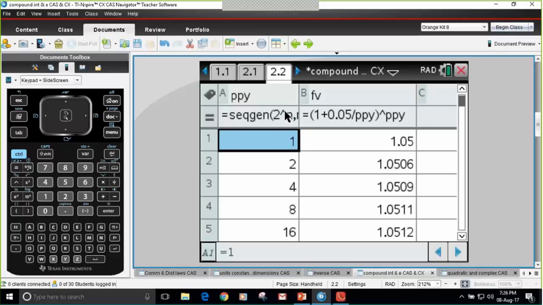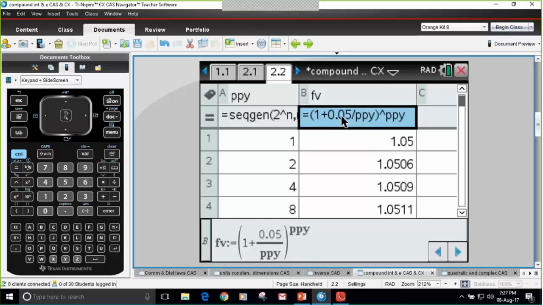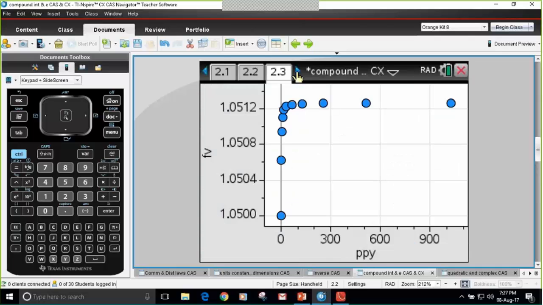You can represent that more correctly, I guess, if you use a discrete analysis. Put in a list and spreadsheet sequence. It's got those values there. Nothing particularly smart there, just 2 to the n. And then here we're looking at the amount of money that we get at the end of the year if you've got the number of payments per year being 1 or 2 or 4 or 8 or whatever. Now, just doing a data and stats sheet, you can see that this more correctly represents what's happening as you increase the number